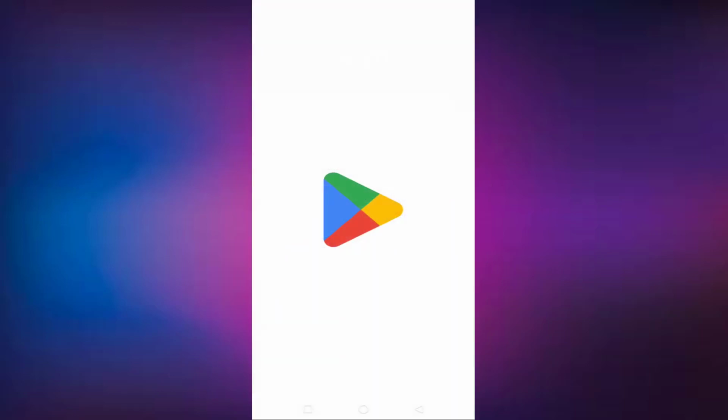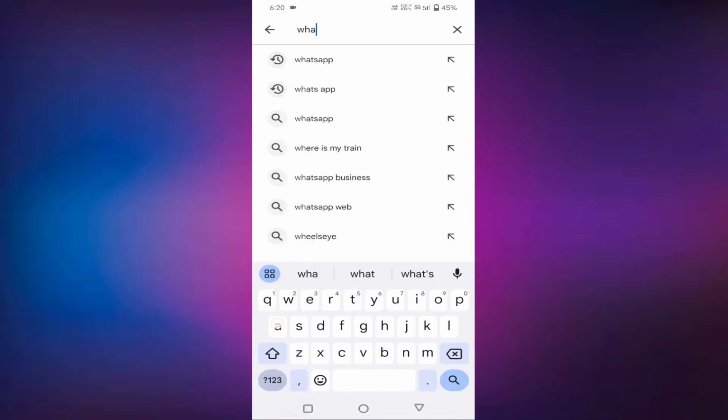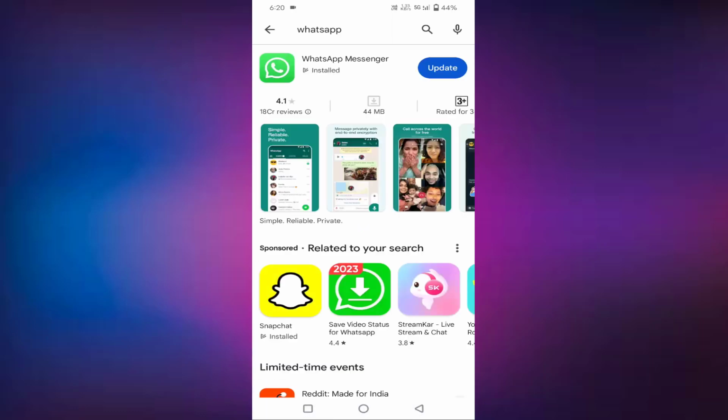Go to the Play Store, then type here WhatsApp. If there is any update available, then just tap on update, then go back,